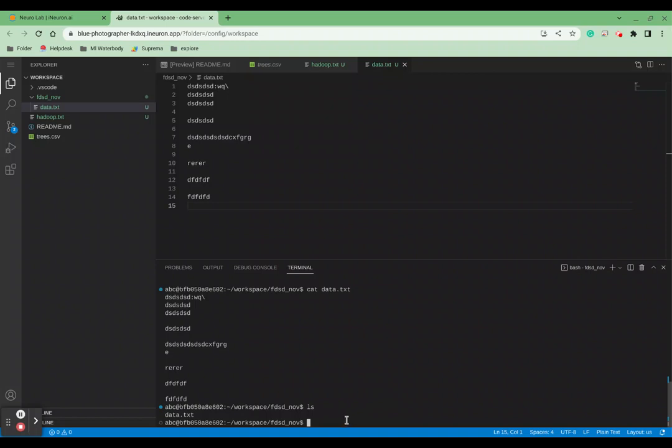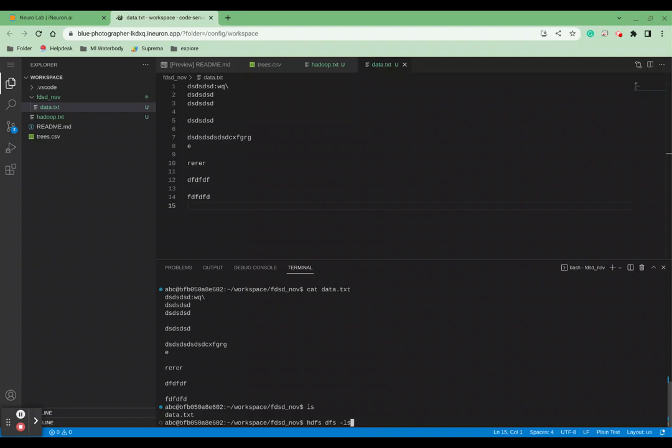Let me do one thing. Let me write this command from the home. So this workspace actually is a home. So here what I can do, hdfs dfs hyphen ls. Okay, so there is no directory. So if I want to write the data, first I will have to create